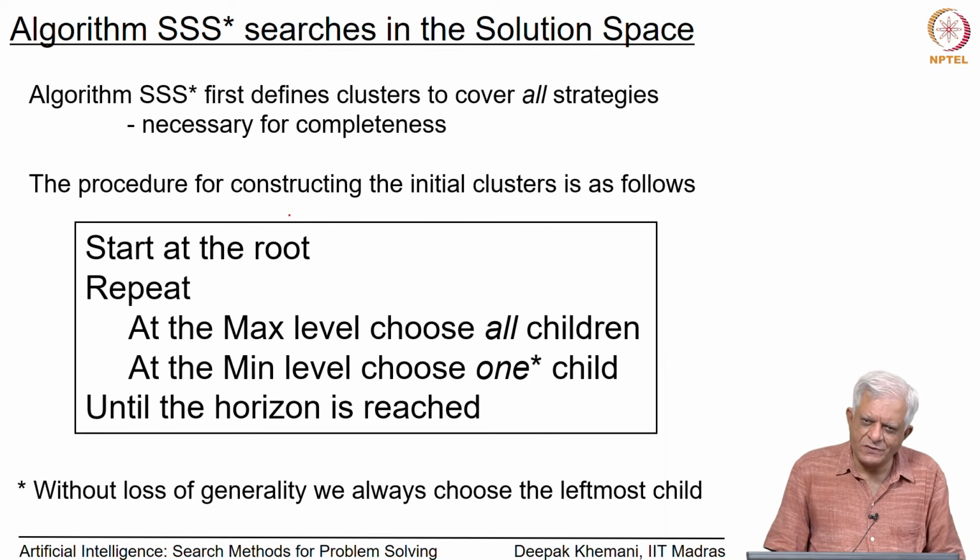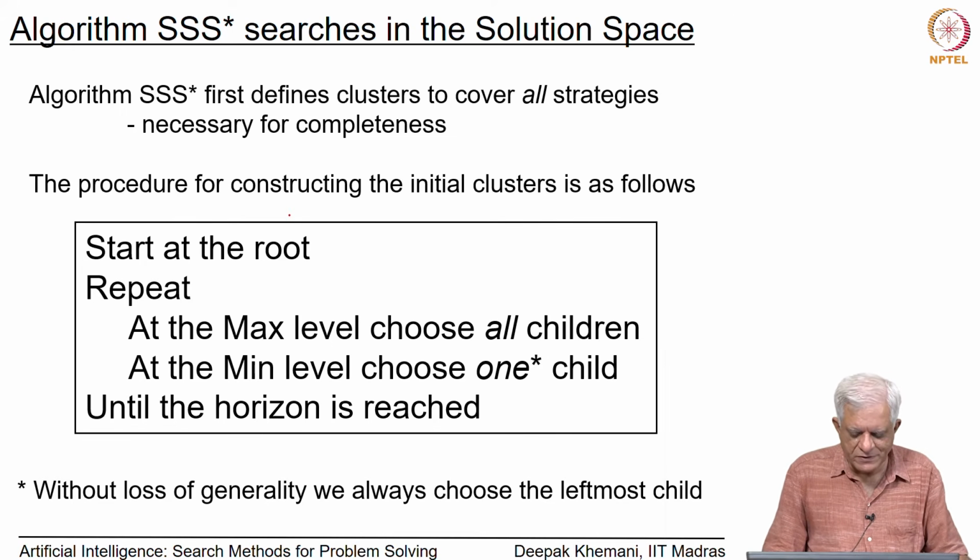This one child that we choose for min can be any child, but without any loss of generality, we will always choose the leftmost child. Now, this algorithm is for constructing the initial clusters. It is not specific to the tiny game tree that we had seen. For any game that you are implementing, this is a procedure that you will need to follow to construct the initial clusters, that at the max level choose all children, and at the min level choose one child, and we have said that we will choose always the left child without